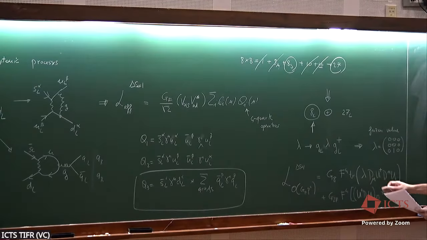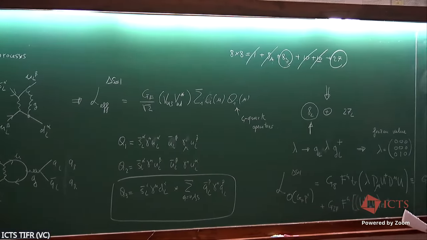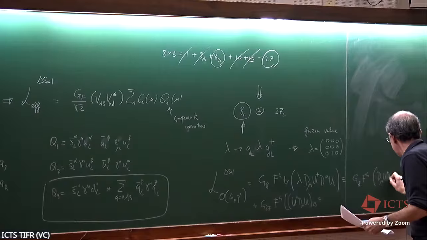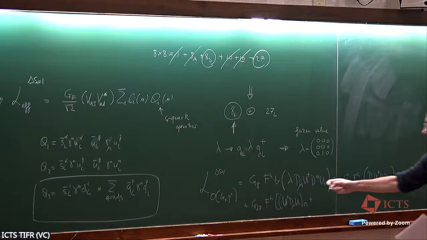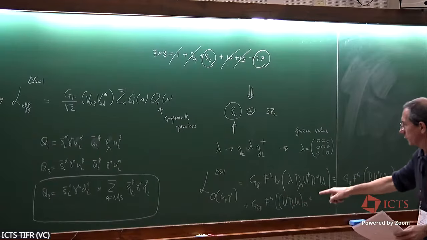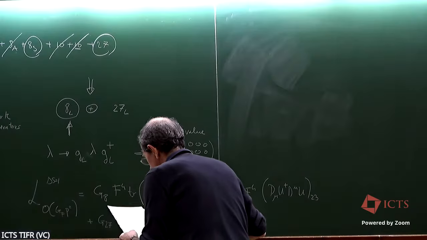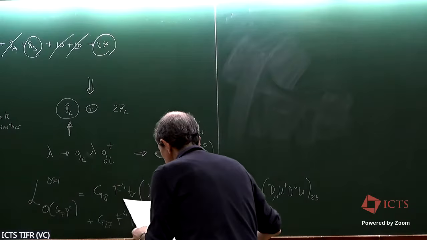So here I put explicitly directly the spurion projected. If we want, this is equivalent to say G8 F4 d mu U dagger d mu U element 2, 3, right? Because this lambda selects only the element 2, 3. While for the 27-plet, I pick up something more involved, which is of the form U11 plus 2/3. Again, this is just